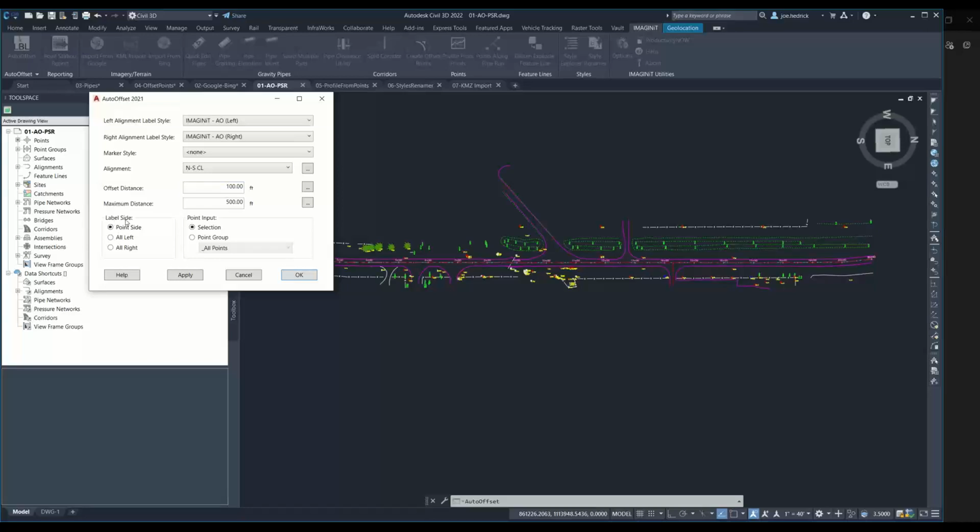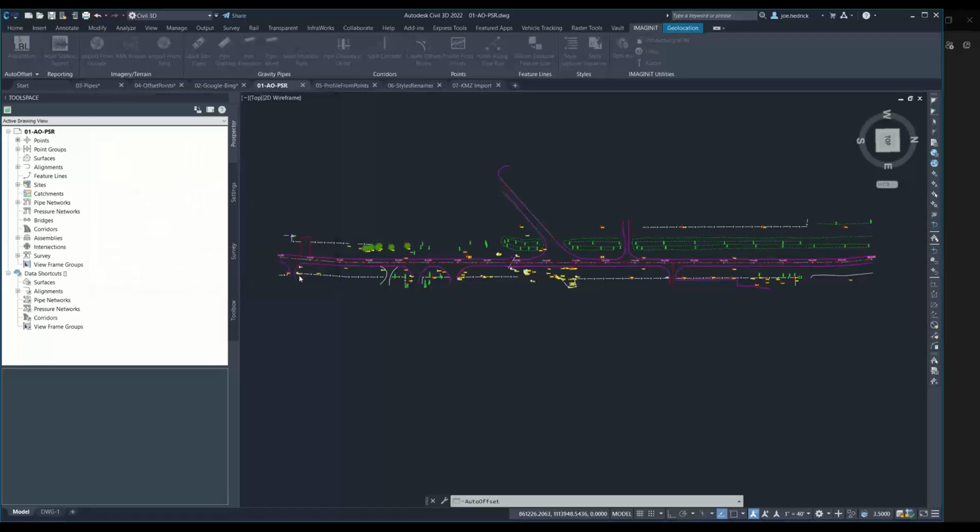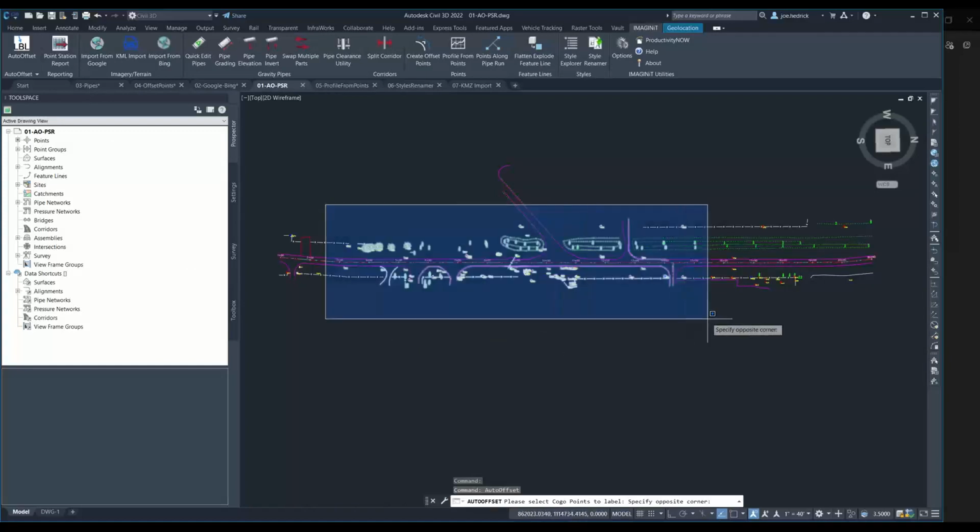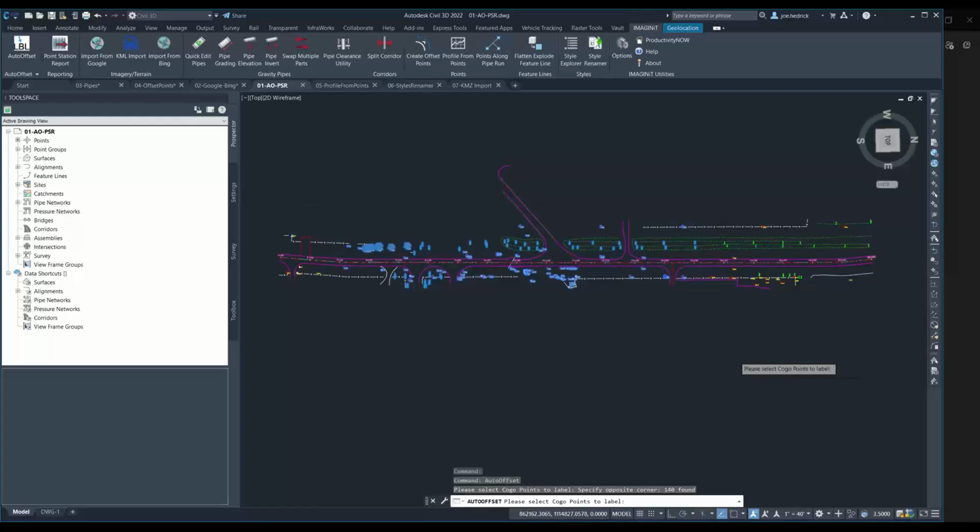And as far as what side we're going to label on, label point side means if the object is on the left-hand side of the alignment, it's going to put the label on the left. If it's on the right-hand side of the alignment, it's going to put the label on the right. Obviously, all on left and all on right do just that. So I'm going to say we need to pick these points. So we'll say okay here. It's going to ask me to pick the points,